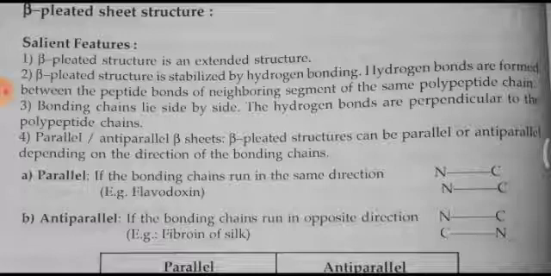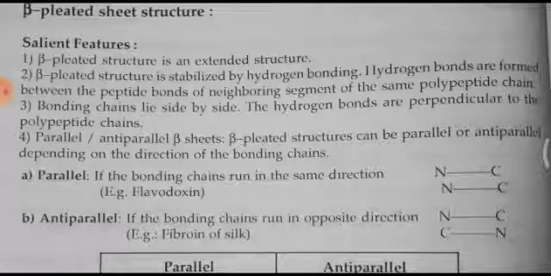In beta pleated sheets we have anti-parallel and parallel, depending on the direction of the bonding of the chain. If you see the parallel, if the bonding chains run in the same direction, that means one from N terminal to C terminal, and another is also from N terminal to C terminal in the same direction, then it is called parallel